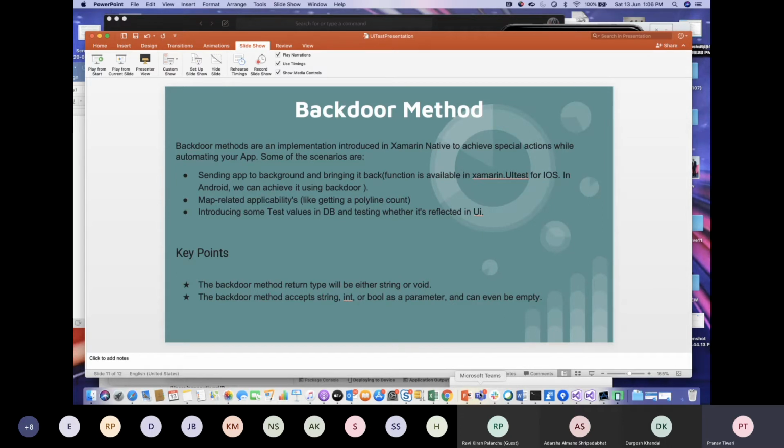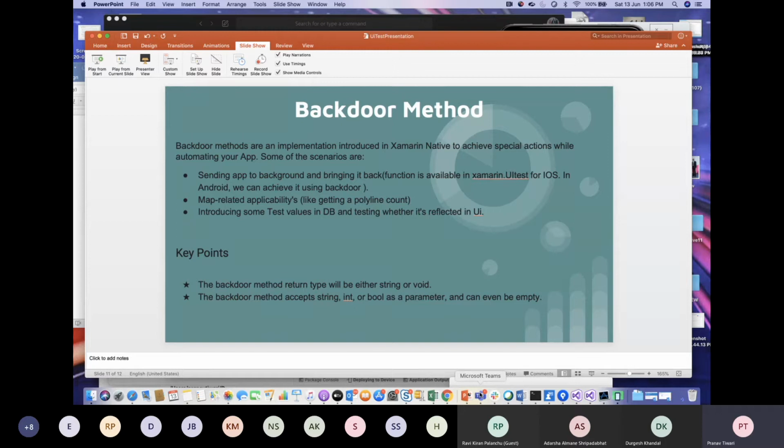One of the complex scenarios can be that we have some 10 markers on our map, and I want to tap on one of the markers and see whether a particular screen is opening or not on tapping of the marker. That tapping of the marker is one of the major functionalities we are covering in our application, and we were not getting a way to automate it.